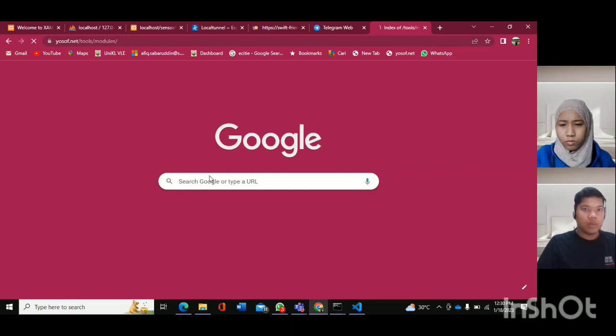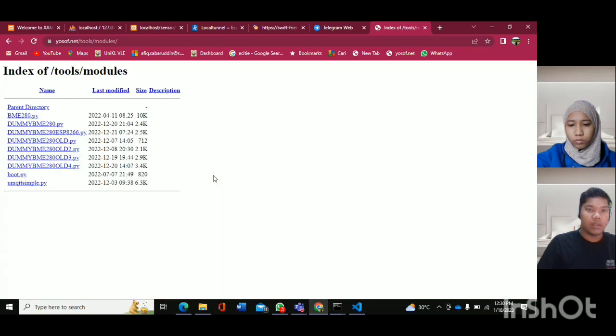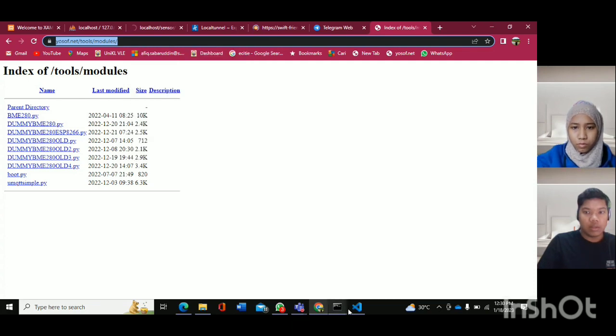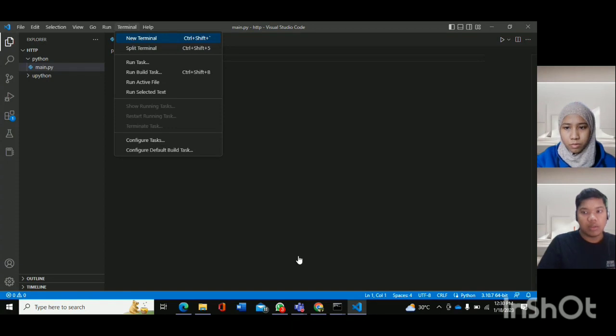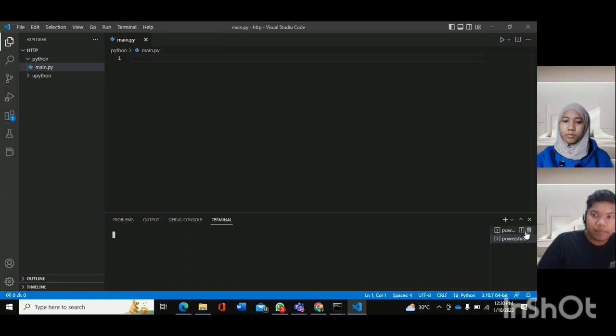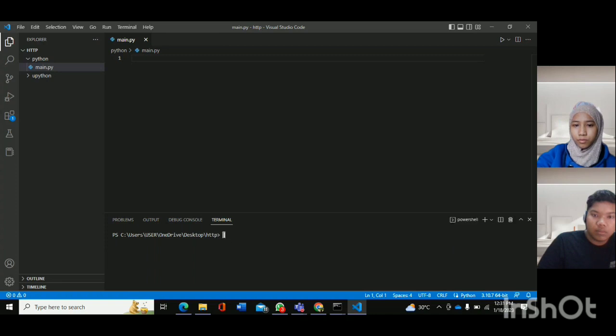We must import a dummy BME280. So this is dummy BME280. We copy the URL first, and then you go to VS Code, open a new terminal. Okay, you just type curl, with... okay, so we must import dummy